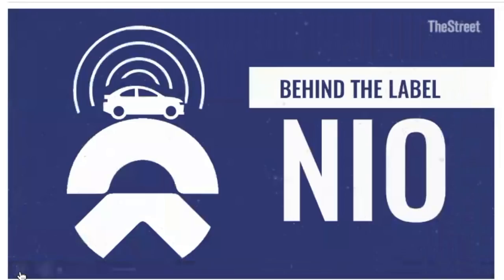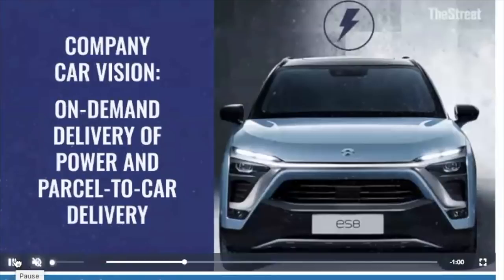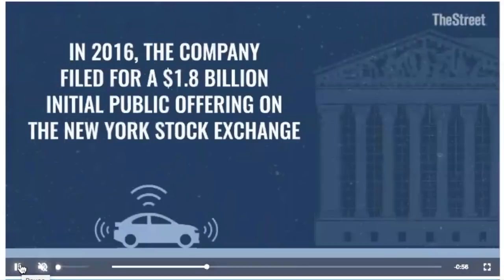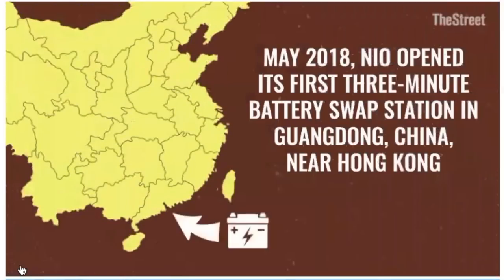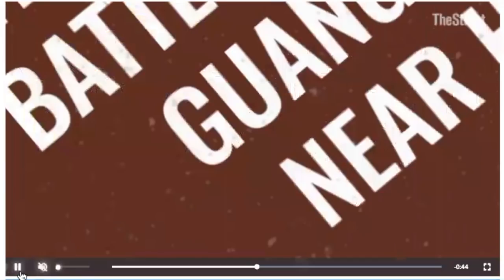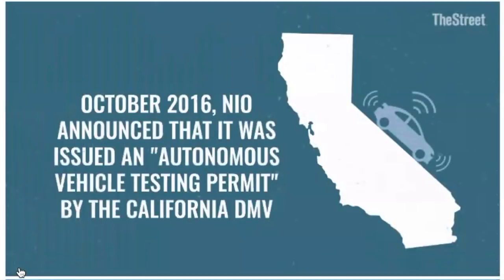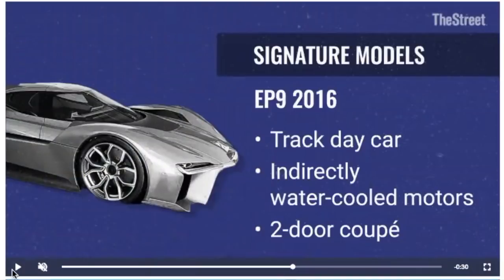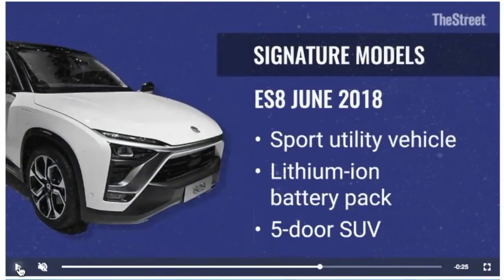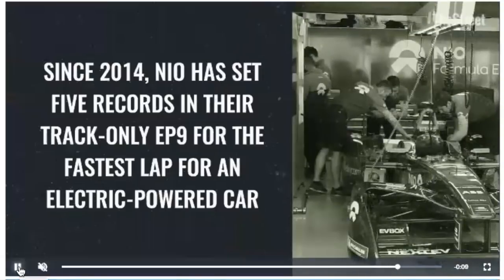Behind the label on NIO. NIO was launched by William Li in 2014. Company car vision, on-demand delivery of power and parcel-to-car delivery. In 2016, the company filed for a $1.8 billion initial public offering on the New York Stock Exchange. In May 2018, NIO opened its first 3-minute battery swap station in Guangdong, China, near Hong Kong. On October 17, NIO announced that it was issued an autonomous vehicle testing permit by California DMV. Its signature model is the EP9 track day car with directly water-cooled motors, and it's a 2-door coupe. Another signature model is the ES8 on June 18th. It's a sport utility vehicle with a lithium-ion battery pack. It's a 5-door SUV. Since 2014, NIO has set 5 records in their track-only EP9 for the fastest lap for